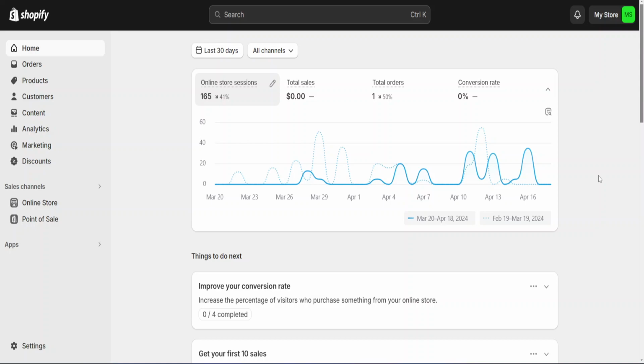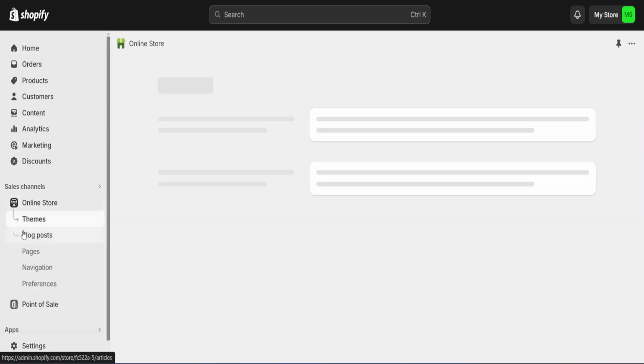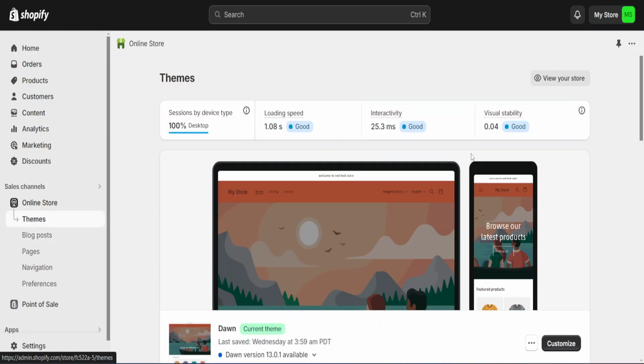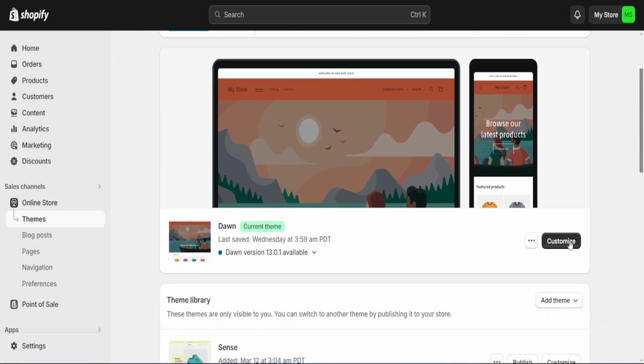How to add a video to the Shopify Dawn theme. To do this, we have to go to our online store on the left hand side here. We just click on online store and make sure you're in themes. So once we're in here, we want to go down to customize,